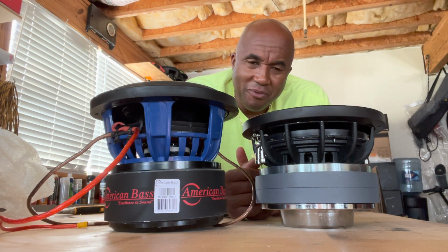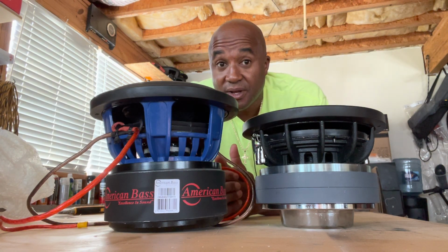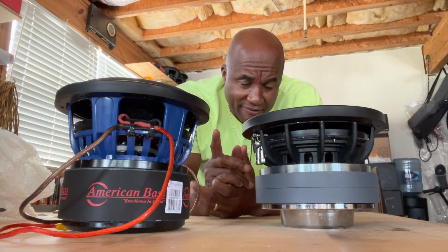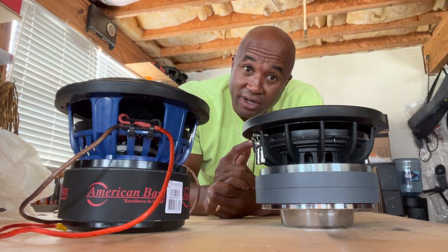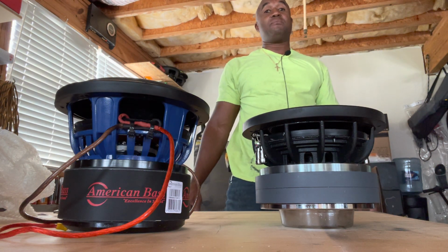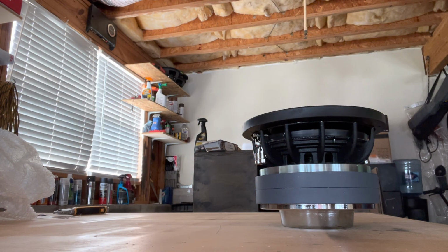So I know a lot of you are asking, man, what's up with the performance of the American Bass? I think it's alright. It's very good. It's a good 8-inch. It's not going in my collection, but it's a great 8-inch as well. I wish Bob would have ordered it with an SPL surround, so it'd be punchier. It's linear, it loves the lows, and maybe that's what he was geared for, but it's not as impactful as, say, the Sundown or even the Kickers. They're way more impactful. This one loves the lows. It's okay. Great 8. If you got them, you don't have a slouch. You have a winner. But this baby here,